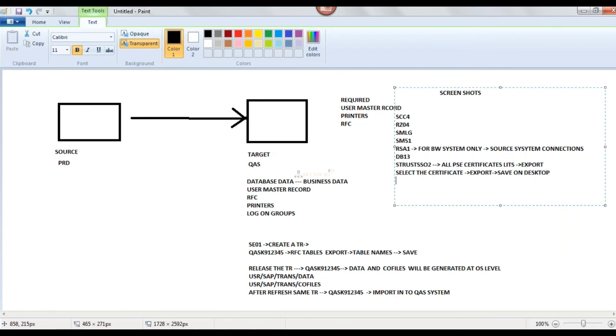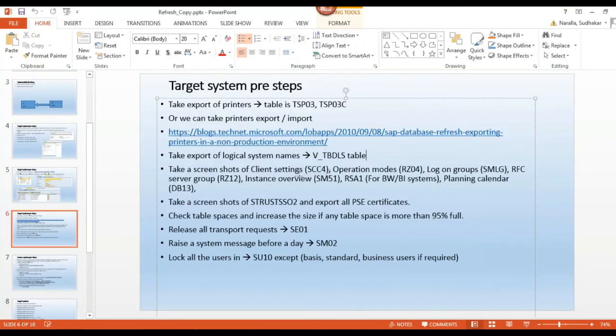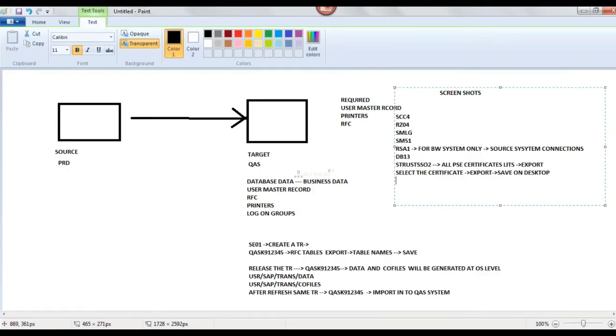Select the certificate and save on desktop. And however many certificates are there in the Trust SSO2 T code, all these certificates you can export. So these are the screenshots we need to take care of.